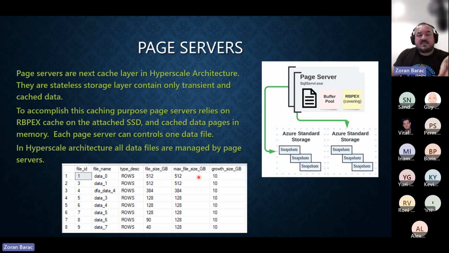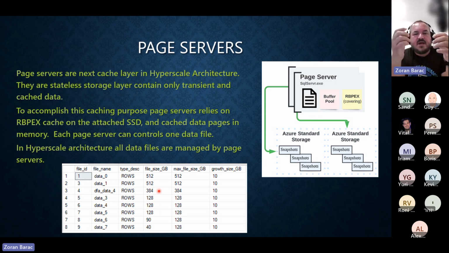I did this example like this on purpose, because of the reason you have 512 and 384 and then 128, 128, 128. This database was migrated from a traditional one and was bigger than 1 terabyte, 1.2 or 1.3. Once I migrated that, your Hyperscale engine decided to split it 512, 512, 384. A year ago, that worked completely differently. They changed that now, and I'm not going to go into how it was before.